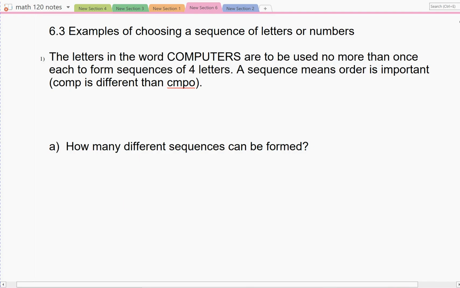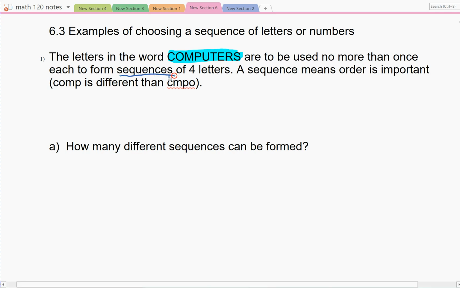Alright, so this set of notes in 6.3 focuses specifically on counting examples where we're dealing with a sequence of letters or numbers. Alright, so the letters in the word computers. This is the word, and instead of using all 26 letters in the alphabet, we're only using the letters C-O-M-P-U-T-E-R-S, computers, only those 9 letters, to be used no more than once each to form a sequence of 4